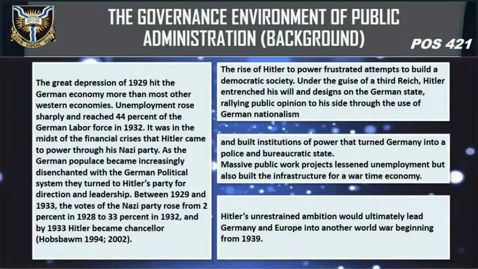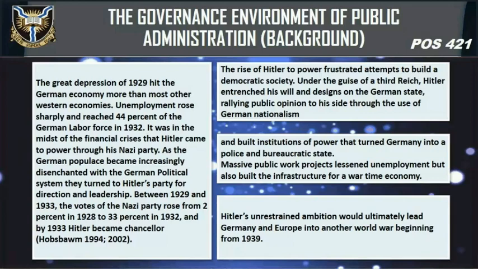The Great Depression of 1929 hit the German economy more than most other Western economies. Unemployment rose sharply and reached 44% of the German labor force in 1932. It was in the midst of the financial crisis that Hitler came to power through his Nazi party. As the German populace became increasingly disenchanted with the German political system, they turned to Hitler's party for direction and leadership. The vote of the Nazi party rose from 2% in 1928 to 33% in 1932, and by 1933 Hitler became chancellor, according to Oswald 1994